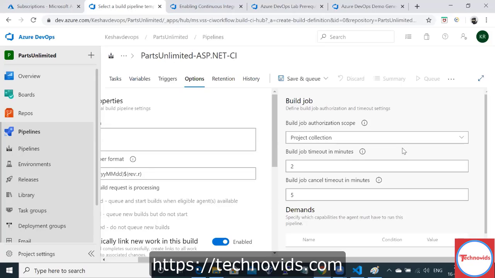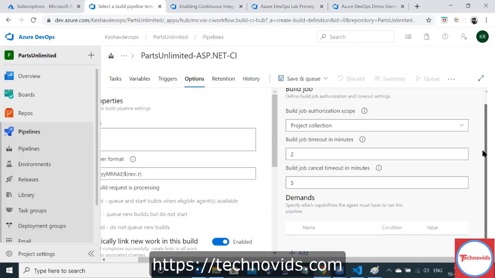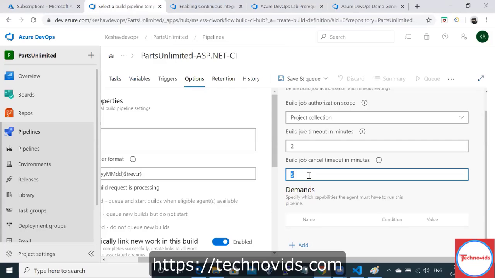Because you pay for the minutes you use in Azure DevOps. Your payment is as per the minutes you use, so the free one you should use very cautiously. Cancel timeout is 5. Let's make it 1.